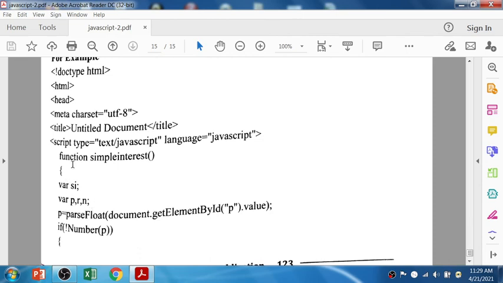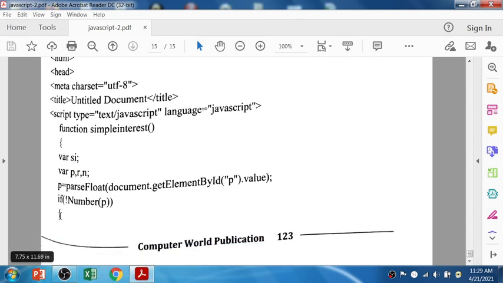See the function simpleInterest, variable si, variable p and r. For p, parseFloat, so the value of the id p converts into a float and is stored into the p variable, and it checks if the p value is a number, right? So the further statements you can also use.